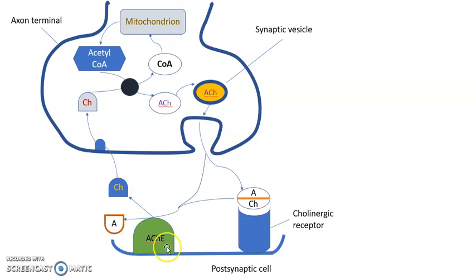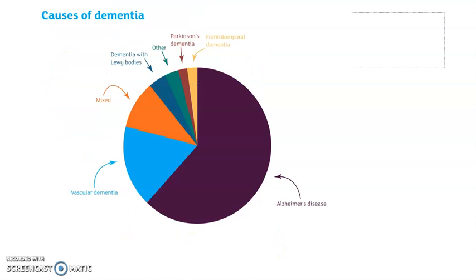So that's for myasthenia gravis, edrophonium, and then we have drugs such as donepezil, rivastigmine, galantamine, which are used to treat Alzheimer's disease, which we know manifests as dementia, mainly senility. So patients with Alzheimer's are usually senile. There are many causes of dementia. This is just a quick recap of dementia.